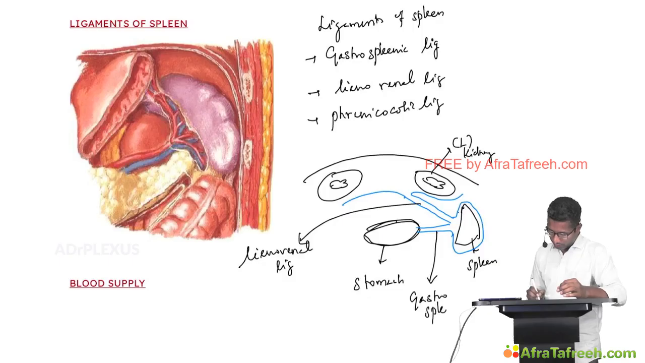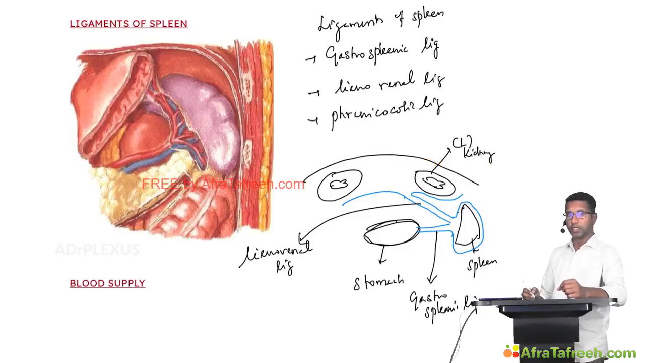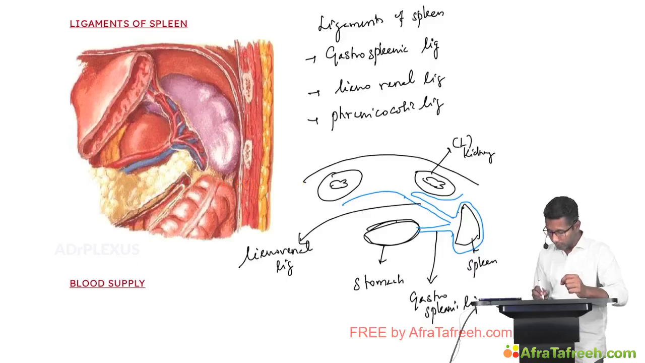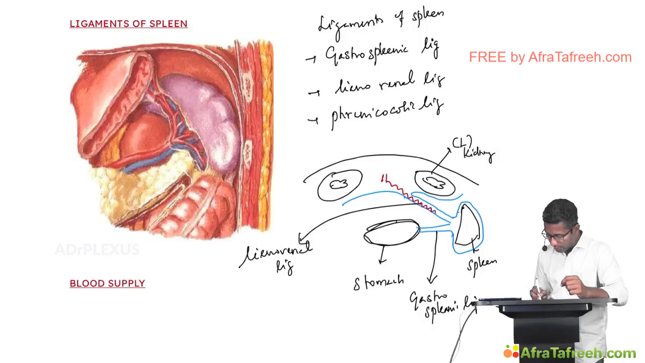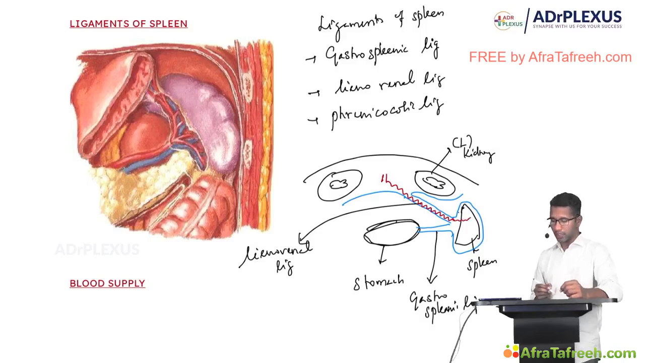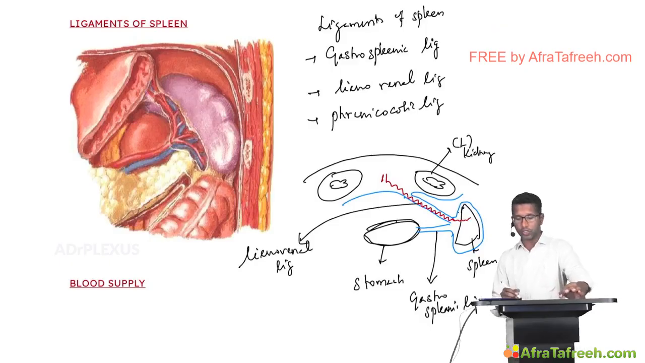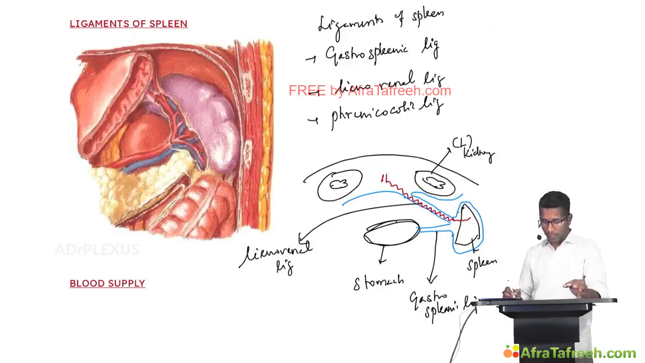It is called as gastrosplenic ligament. And there is one important artery which runs through the lienorenal ligament. That arises from the celiac trunk, and it is tortuous in nature and runs in the lienorenal ligament and supplies the spleen. So the artery which is tortuous and running in the lienorenal ligament is nothing but the